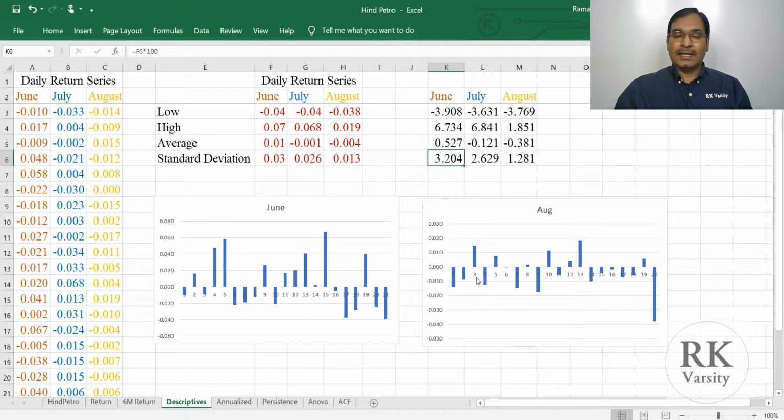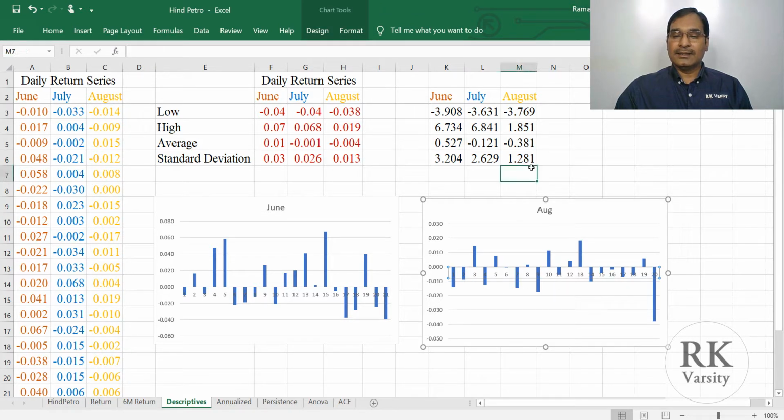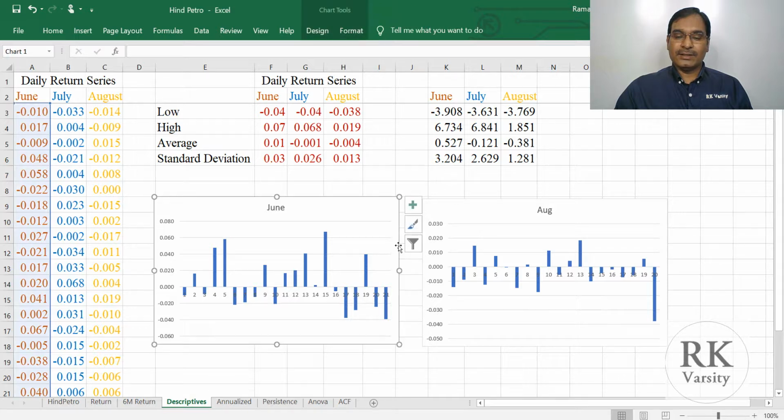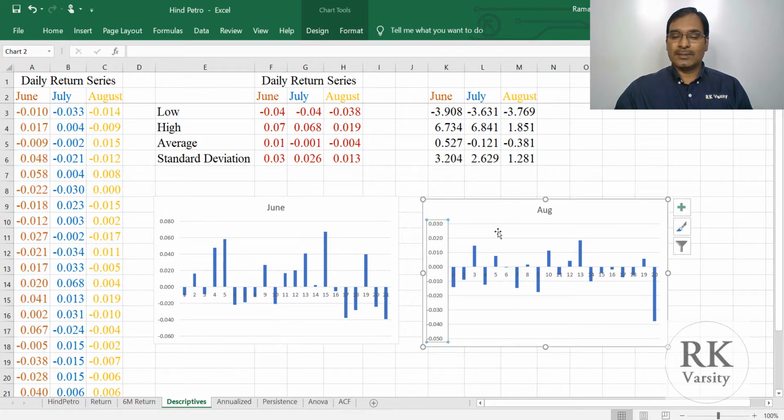And whenever there are low swings in your return series, then the standard deviation will be low. Based on the standard deviation, you can say how risky the stock is. For the month of June, this stock is considered highly risky, whereas in the month of August, the stock is less risky.